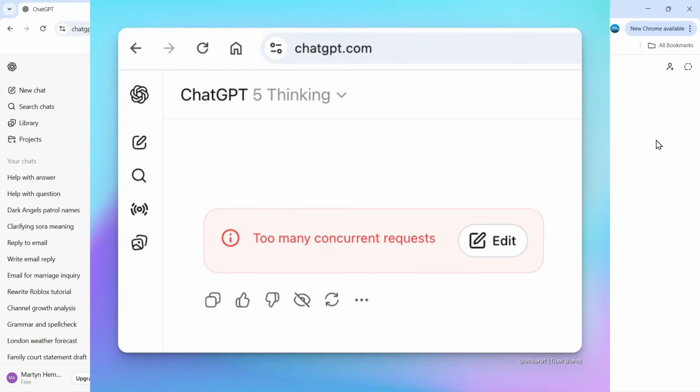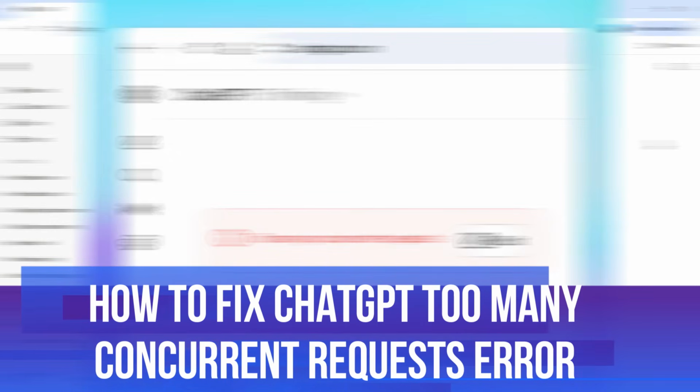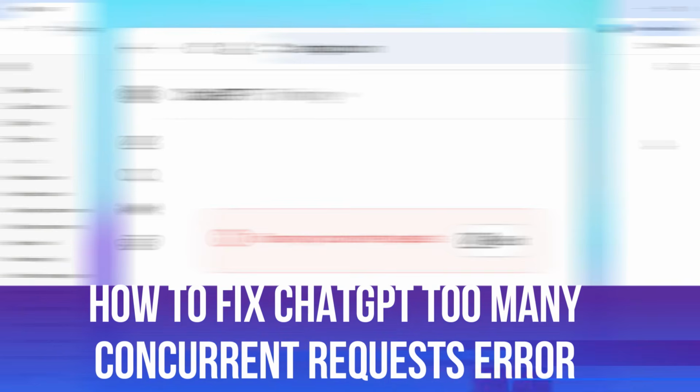In this video, I will show you how to fix on ChatGPT if you are getting the too many concurrent